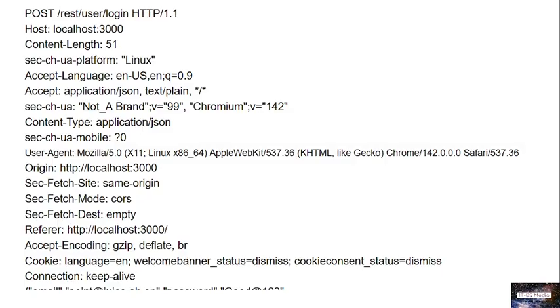Then sec-ch-ua-platform is showing what kind of platform is sending. It tells the server the operating system. So the operating system on which this request was sent is Linux. Okay, it's Linux,